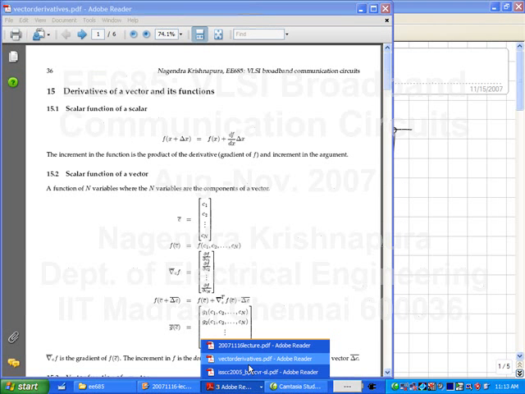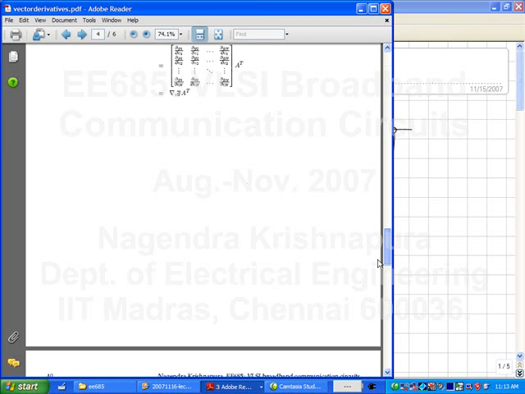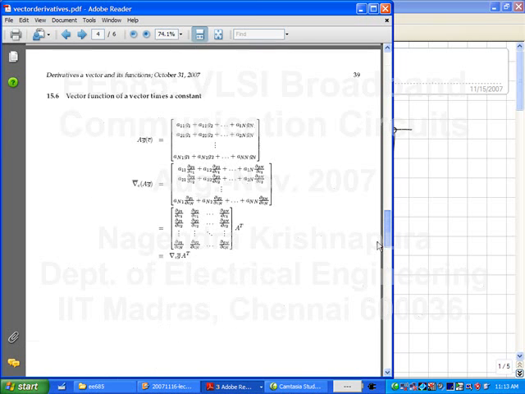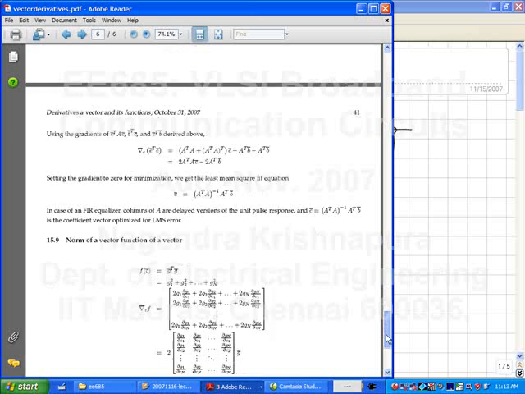So this is the one. If you look at this, it's quite simple. It's like minimizing some x square. It's all because now you have vectors and the derivatives are matrices. You have to be careful about the order in which you multiply, and sometimes, for instance, instead of e square, you have to take something transpose that to find the energy, and so on. But the idea is the same thing. So finally, you get